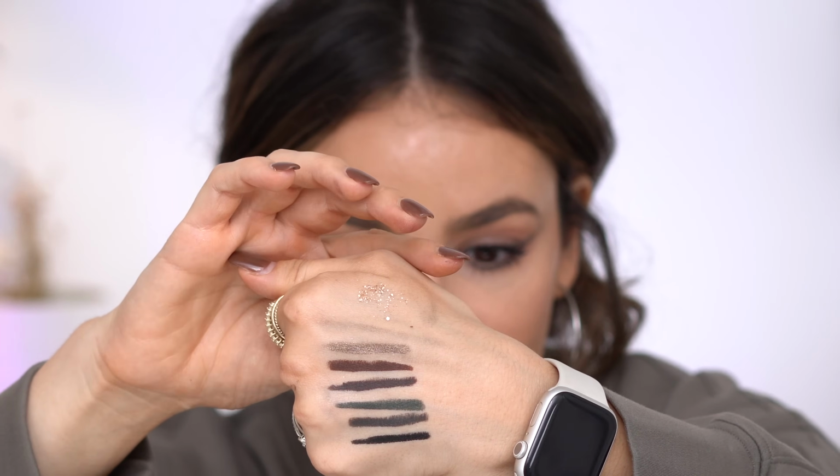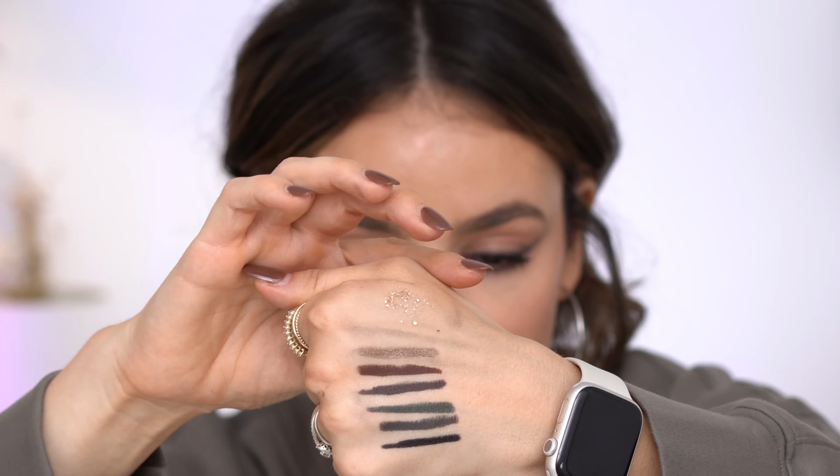I'm going to take the gold one, and you have to use your fingers with this. Again, I'm going to show you one more time. Maybe it's gonna fall everywhere, but it's just straight up glitter, which is fine. This is what he's selling and that's okay. I just wish it wasn't so chunky, but I'm gonna add only the